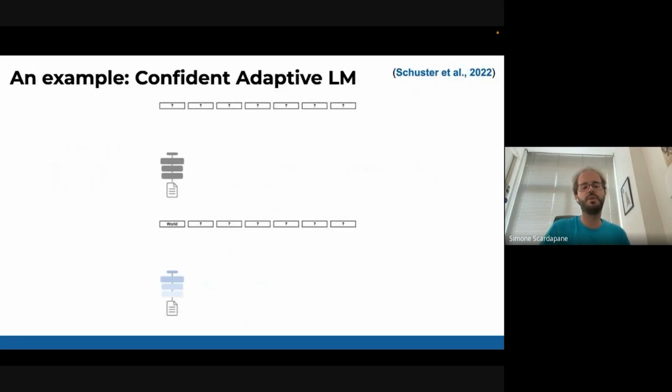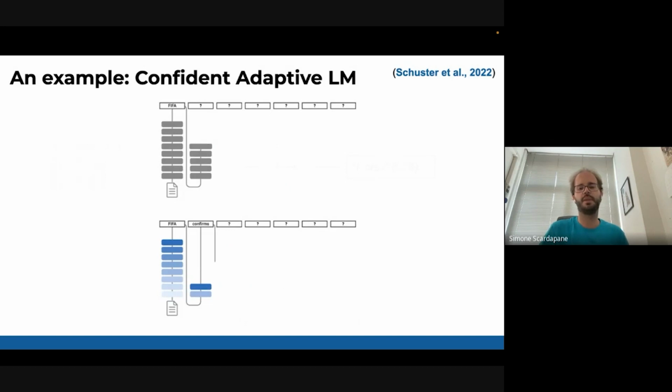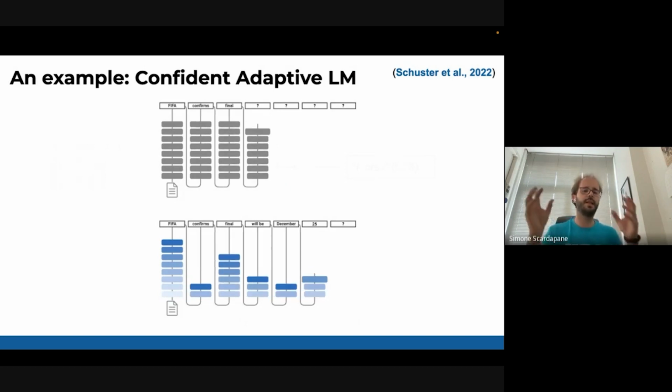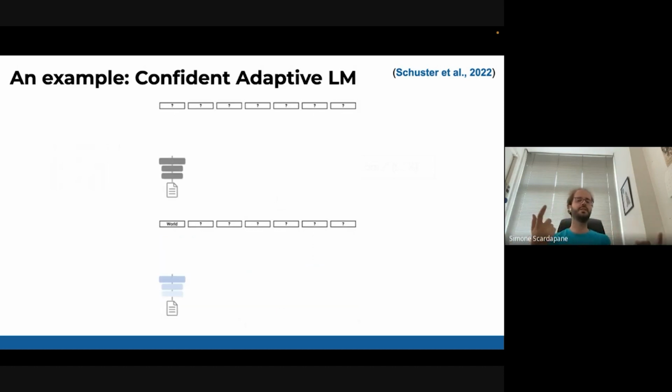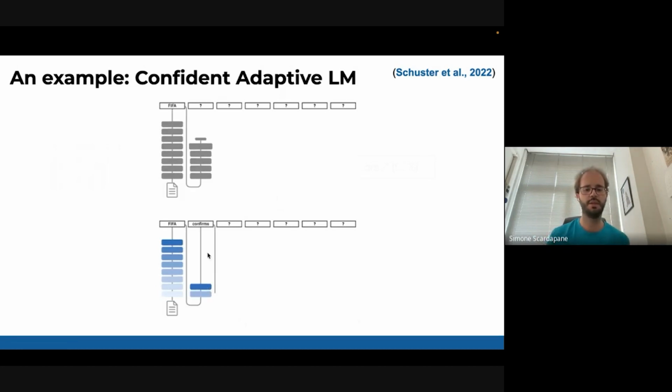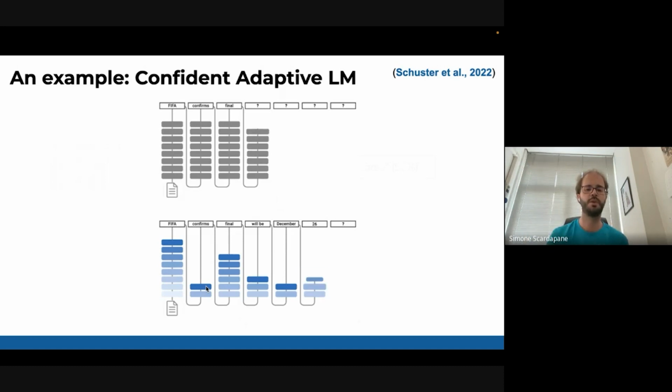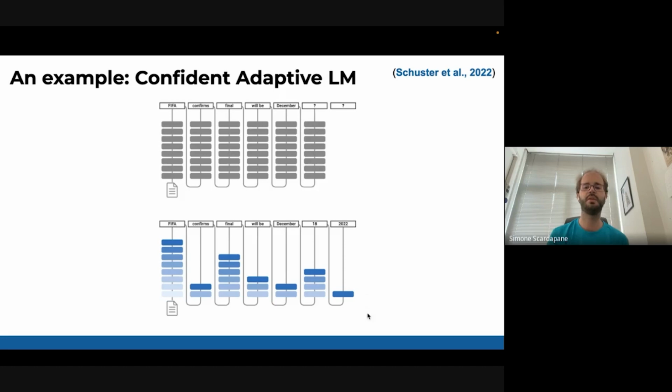So for example, maybe some of you have heard of this confidence adaptive language model from last year. It's from Google. And basically, they took this idea and just applied it to a language model. And the idea is that in a language model, you are autoregressively generating tokens. And maybe some tokens are really, really easy to generate. So you see here below, the second token is really easy to generate, so it only needs a couple of layers. Some tokens are harder, they need more layers. And for example, the N is really easy and only needs one layer.